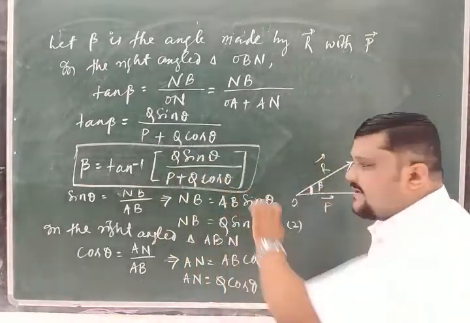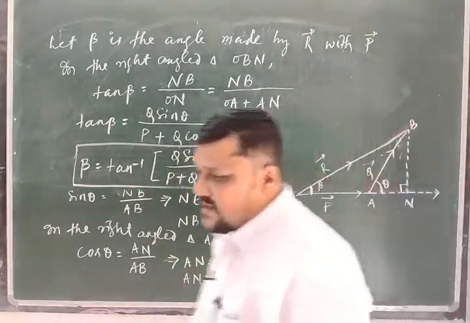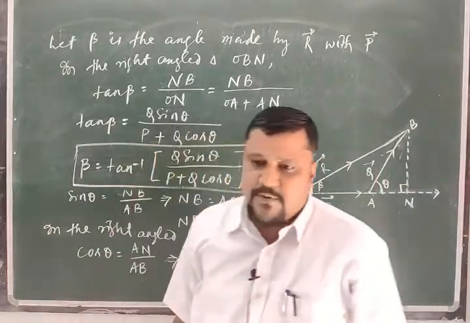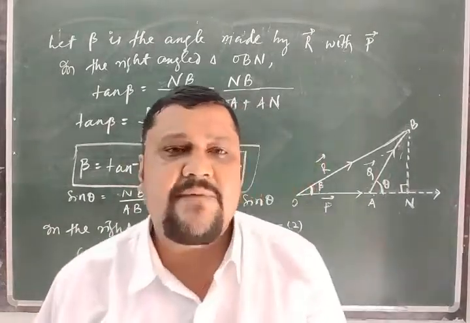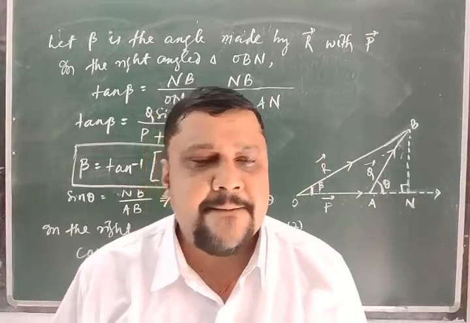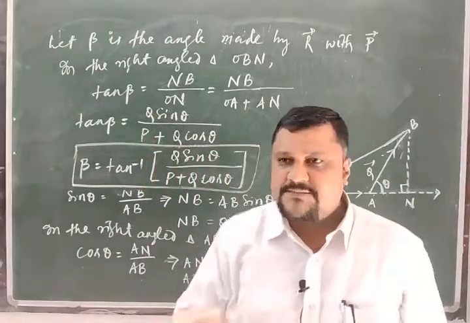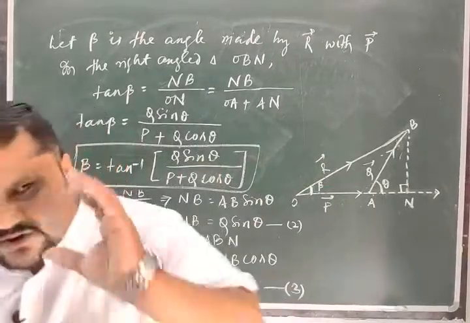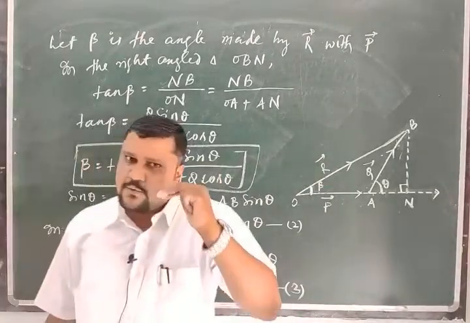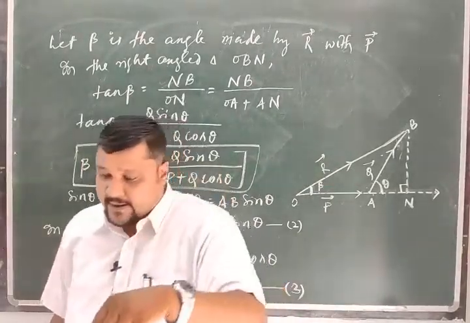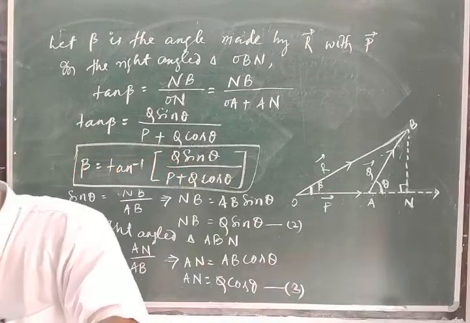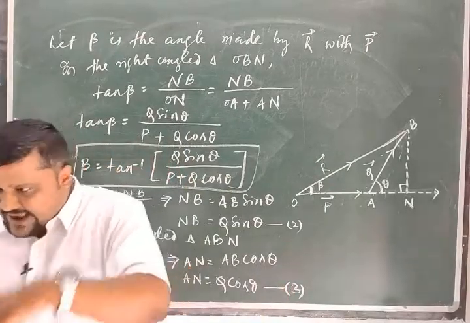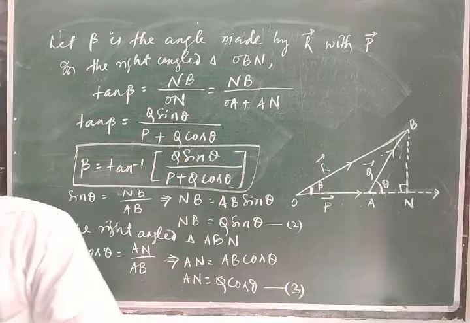Remember this sequence. Clear? Now I will go for the parallelogram law of vector addition. Remember, this law of vector addition is also used to find the resultant of two vectors acting on a body. But here the condition is that the two vectors act on the same point,